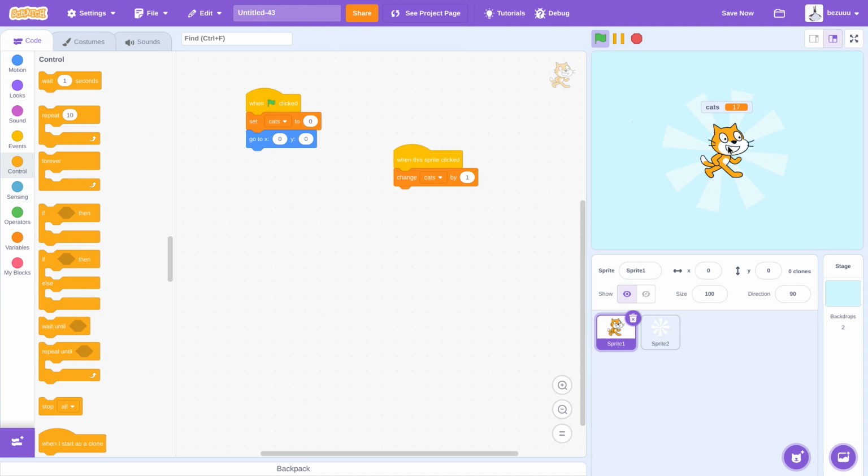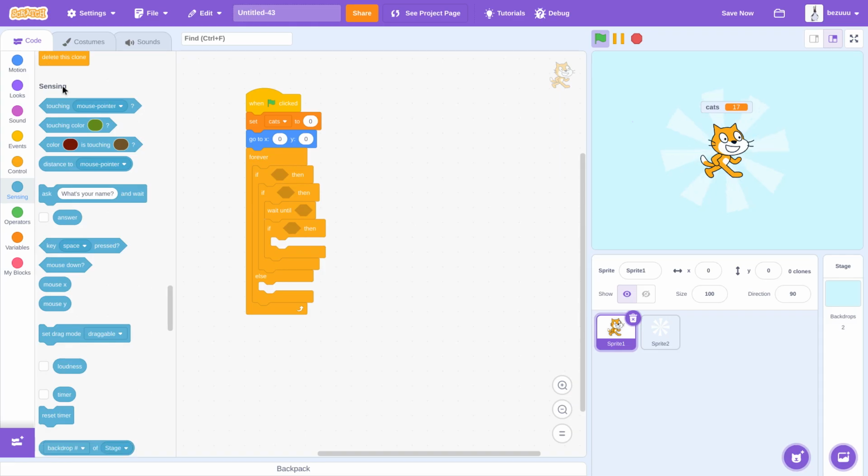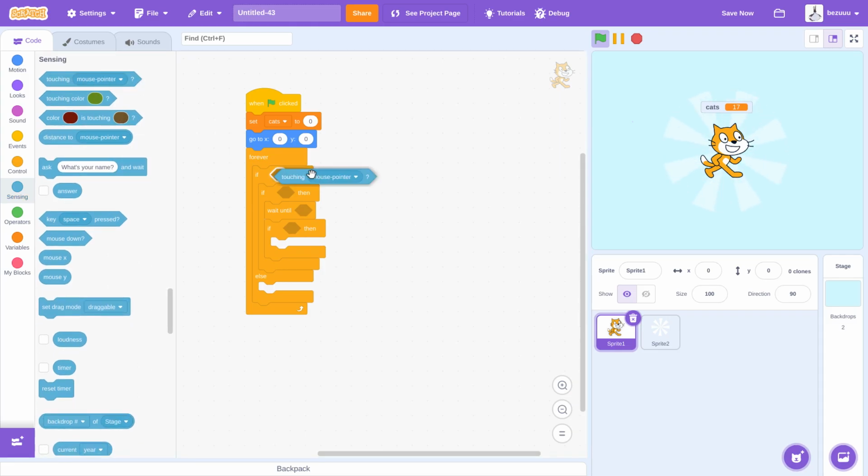Nobody will ever want to click that. First, you're going to be wanting to get rid of when the sprite clicked. Drag a forever loop, and if then else, and if, wait until, and then another if. This probably looks like a lot, but it's really simple. Trust me. So you're going to be wanting to get a touching mouse pointer, duplicate it, put it right there,